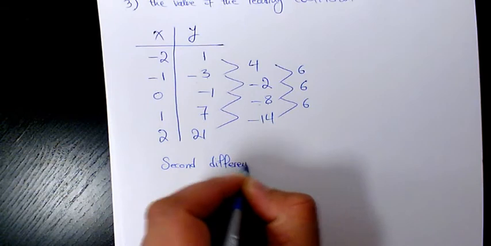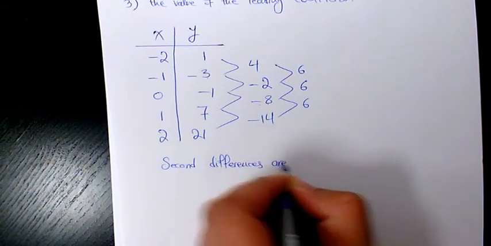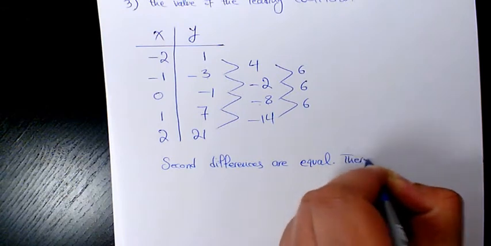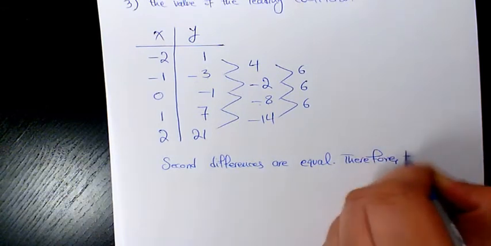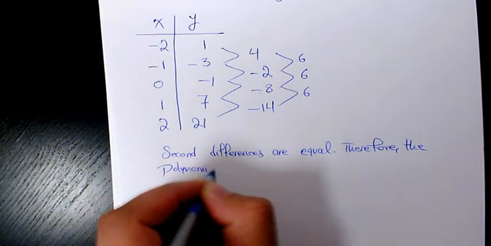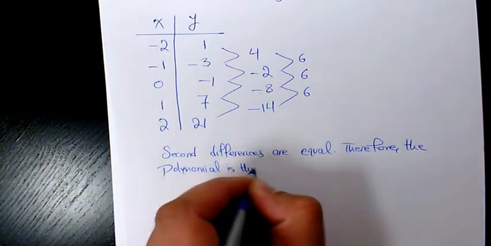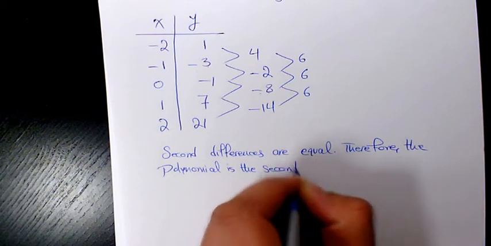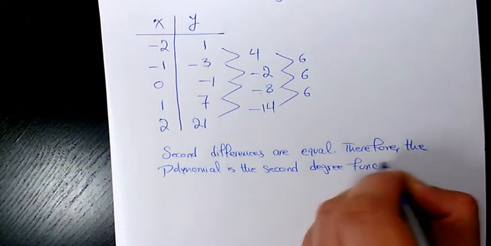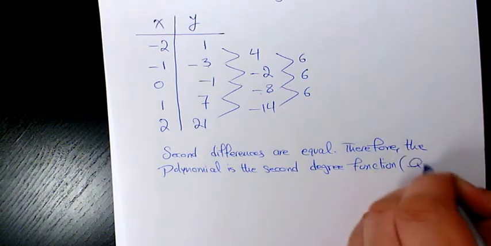Therefore, the polynomial is a second degree function, which we call quadratic,